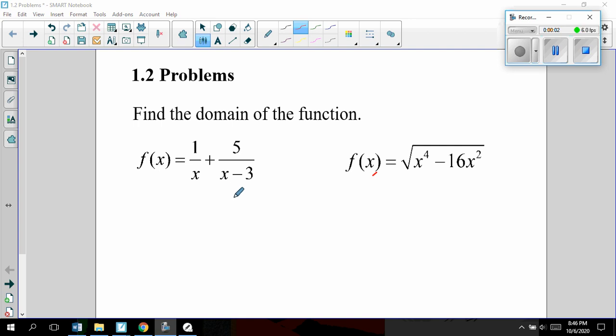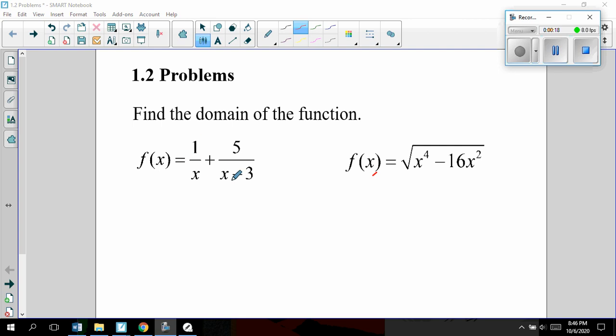We're going to run through the 1.2 problems that you did yesterday at home, give a little more explanation and review some of the 1.2 concepts as we go here. So with domain, I'm not going to graph these. I'm going to go through my steps and say, all right, first and foremost, do I have a